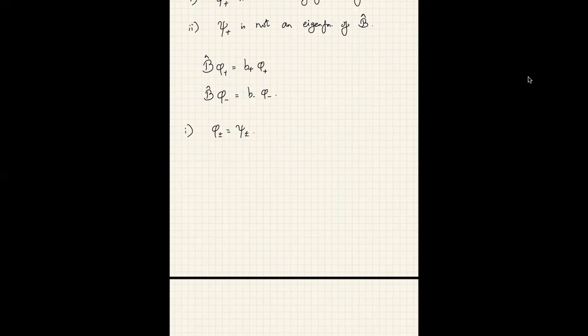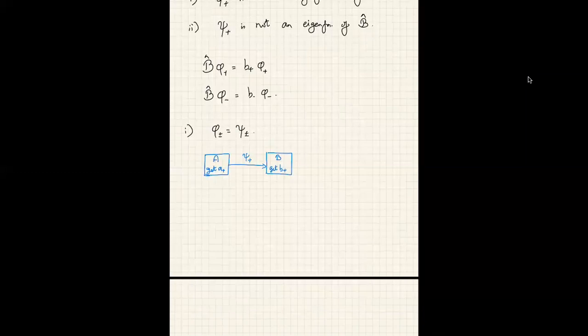Well, let's do this schematically. So first, let us say I measure A, okay? And I get A plus, which means the system has now collapsed to the state psi plus, which is the corresponding eigenstate of A. Now, immediately after this, I'm measuring B. Now, if psi plus is also an eigenfunction of B, then on this state, B is going to give me the value B plus,